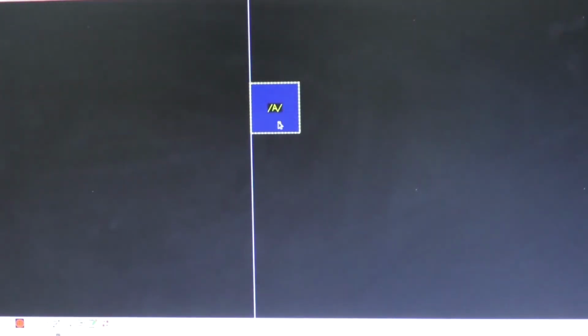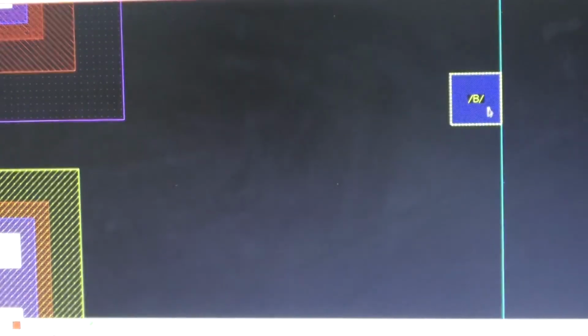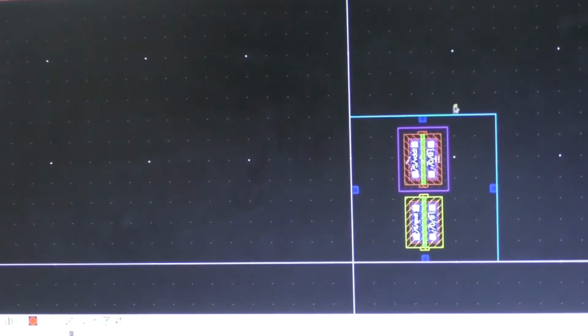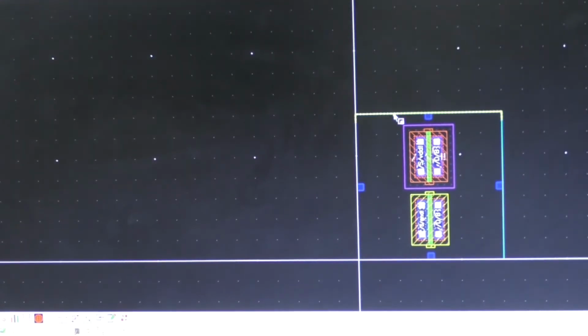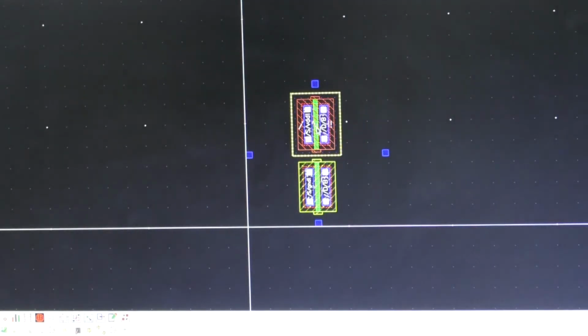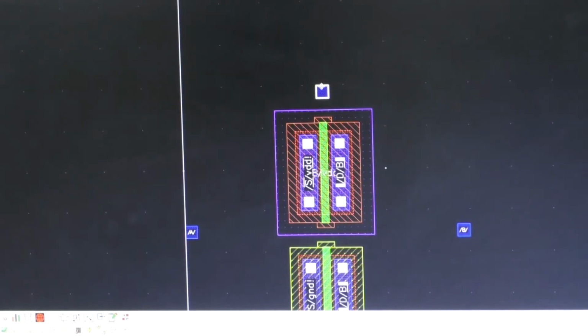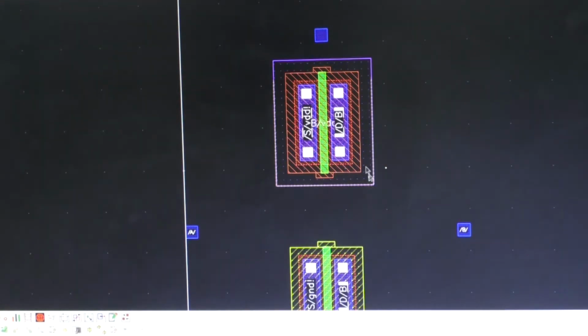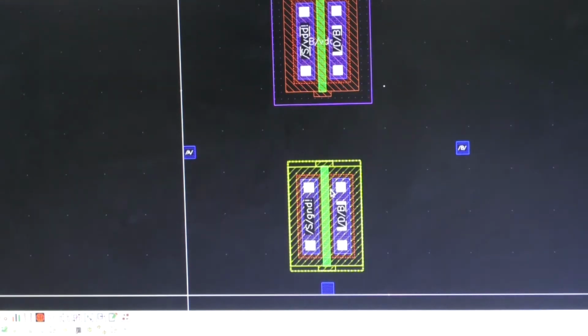On the left hand side is the input pin A, and on the right hand side the output pin is B. For our convenience, here I am extending this PR boundary, or else if you don't need this PR boundary, just click on this reload and press F. Here I am relocating the corresponding transistors.